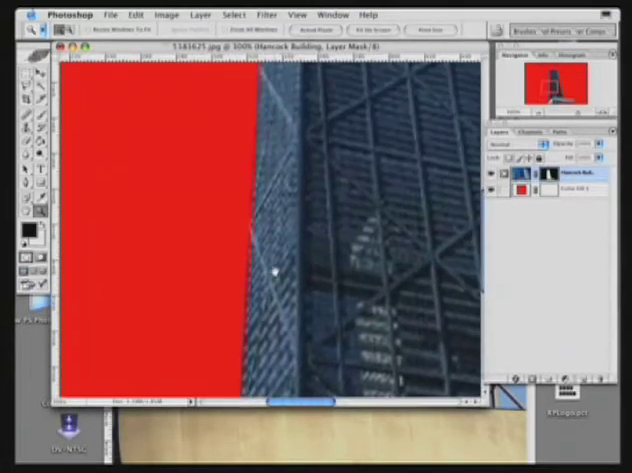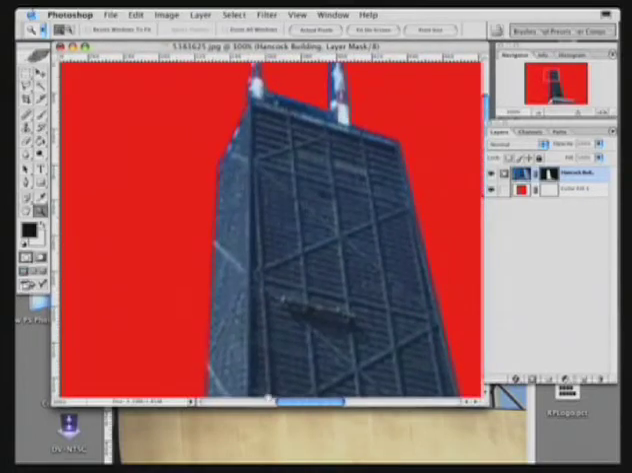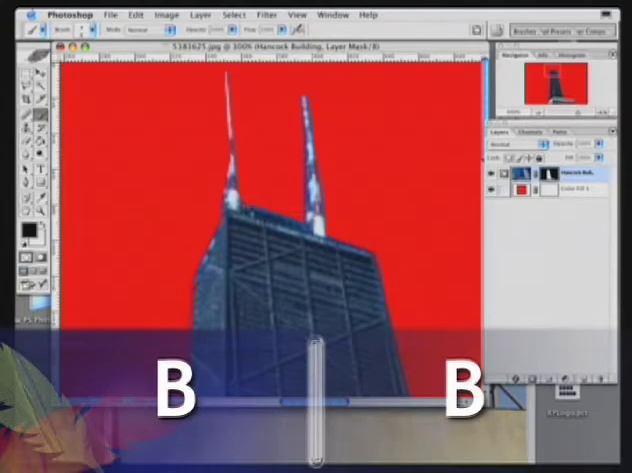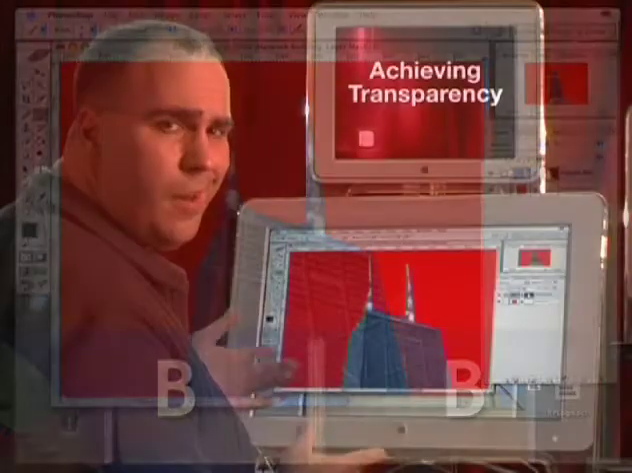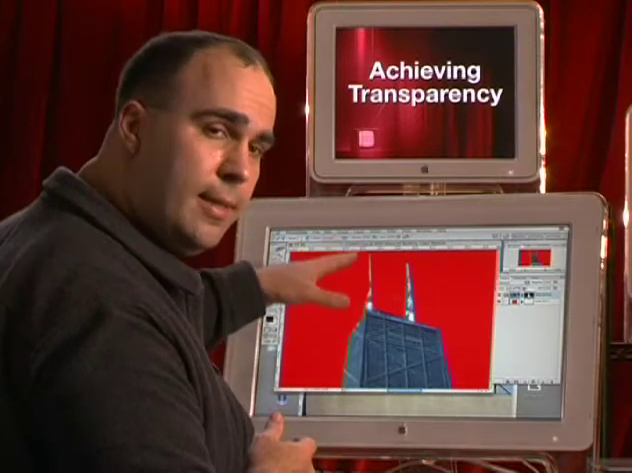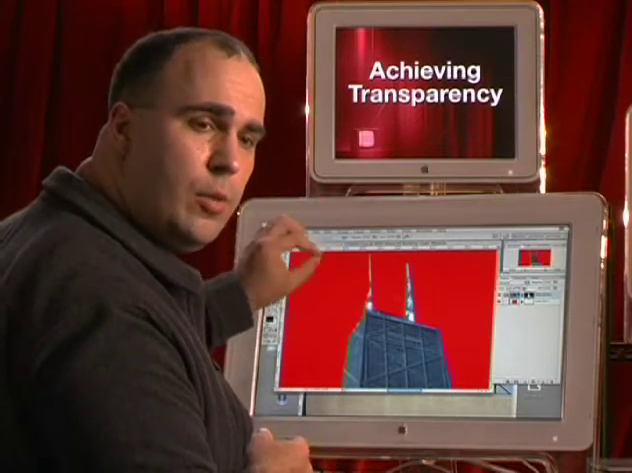Hold down the space bar and I can move around the image. So we got that problem solved. B for brush, here we go, get the last little bit. But these towers, they don't look so good. What we really need to do is paint some of that tower back in using a small